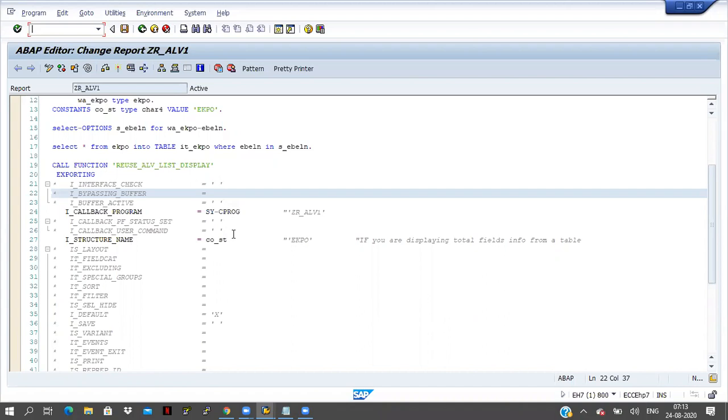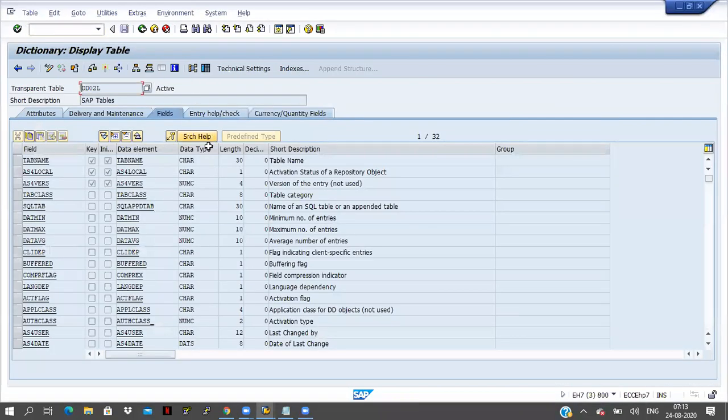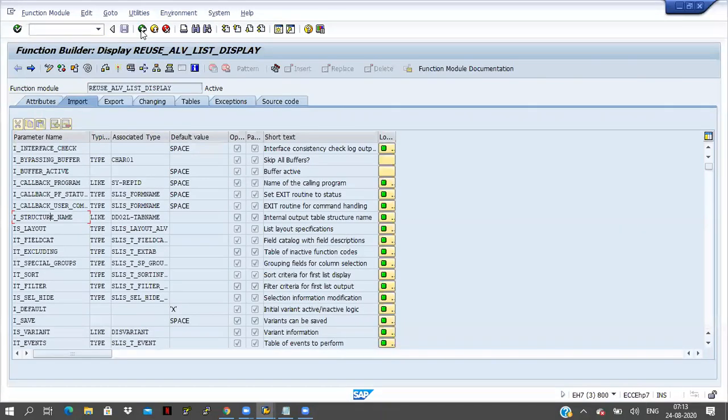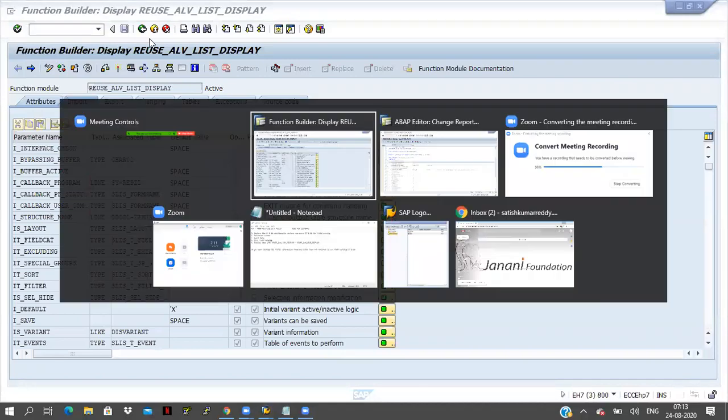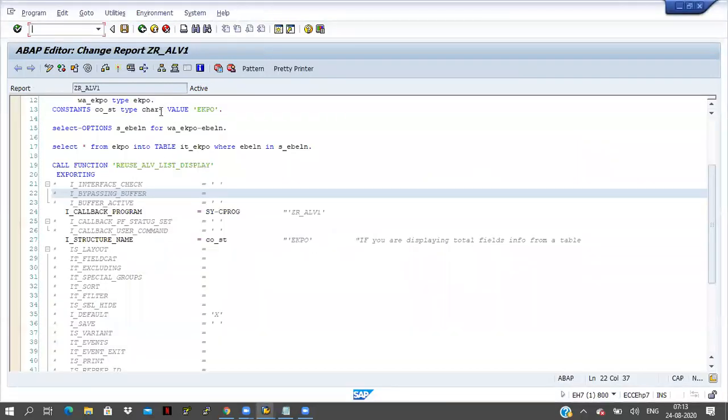So for those internal tables, work areas or variables, we have to use the same structure. Same structure means same data type and length. Here I am taking character 4, but it is expecting character 30. That is where it is going to dump. So I will take character 30 in place of 4.